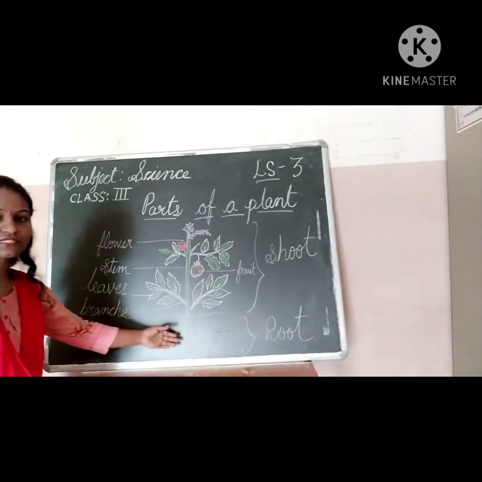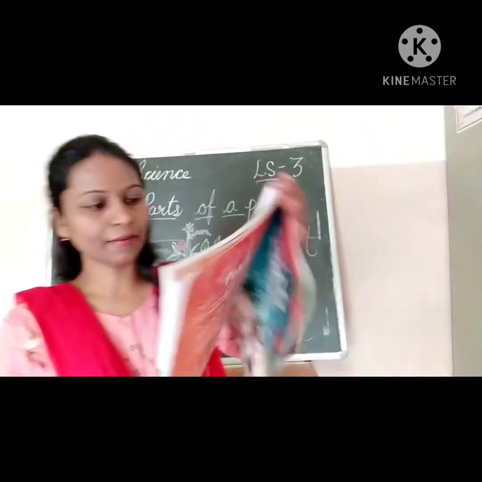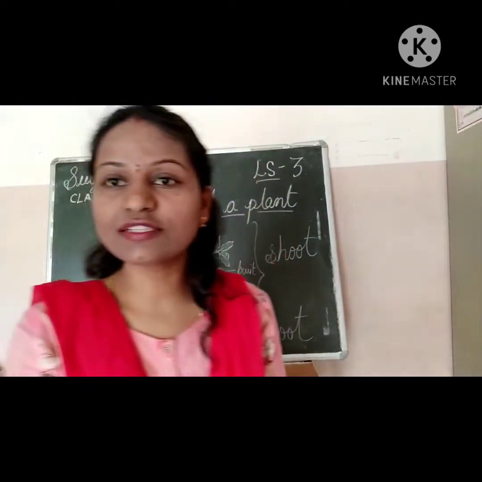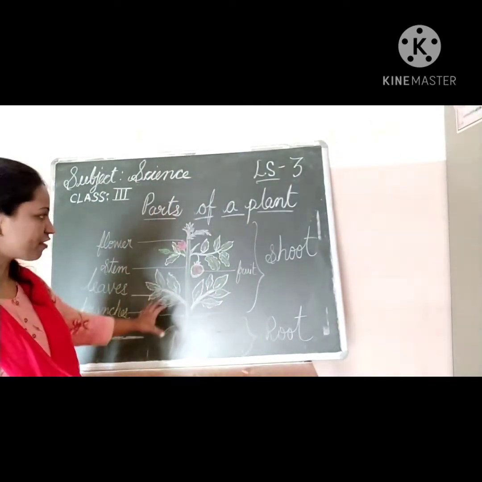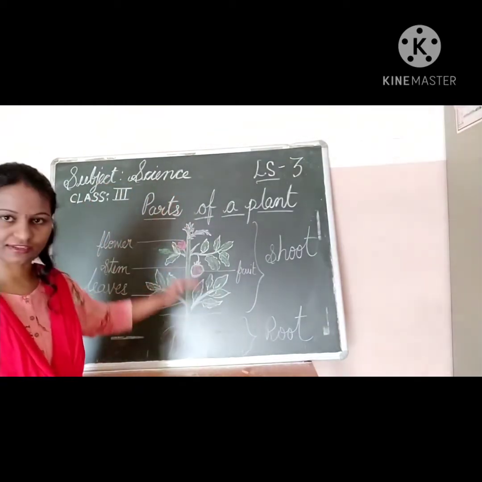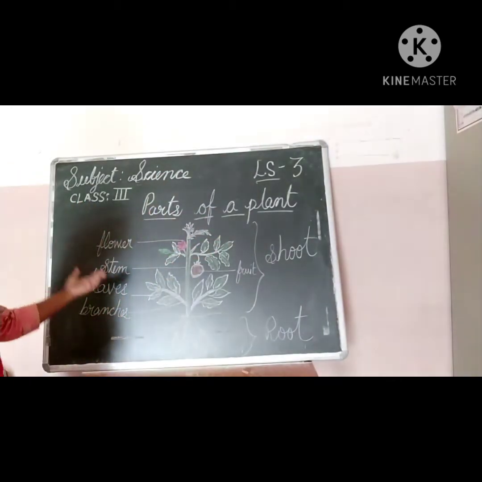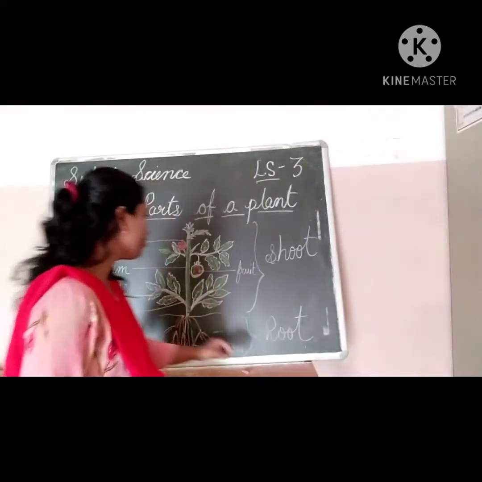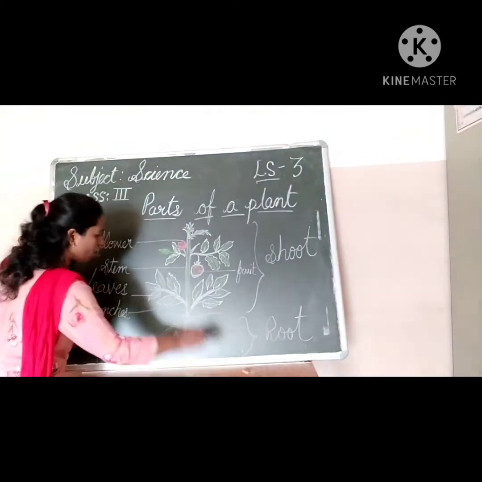If you see, this one is a fibrous root. Let us see what are the examples for fibrous roots. See here, like wheat, grass, rice, onion. These are all fibrous roots. Okay, children. So you have understood all the parts of the plant. The plant is divided into two different categories. One is root, one is shoot. In the shoot, what are the different parts? Branches, leaves, stem, flower, fruit, and one more is also there. What is that? It is called bud.